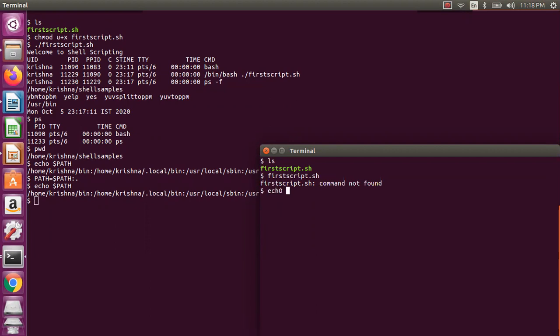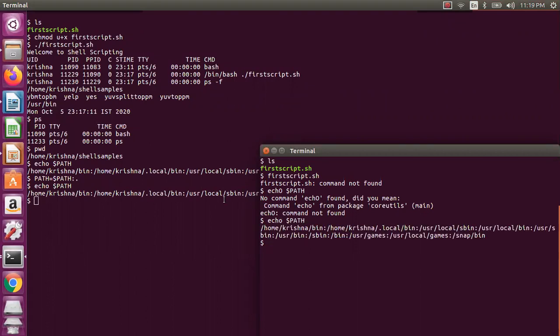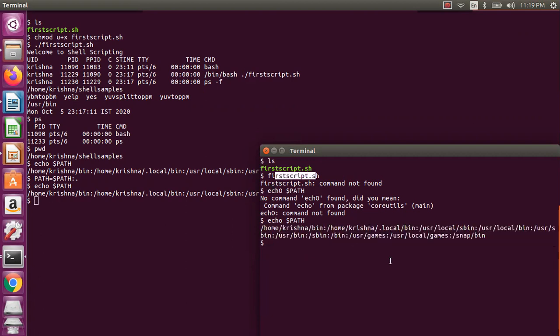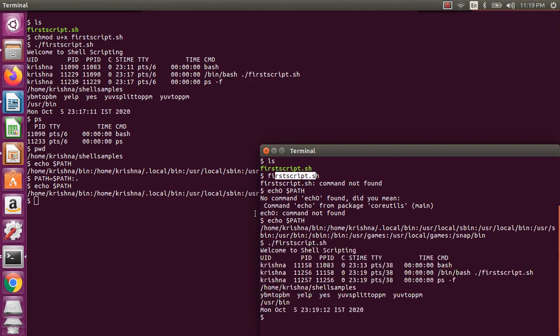It checked the entire $PATH, all these directories, to find first_script.sh, and it is not visible. That's why it says command not found. But if I say ./first_script, what I am telling it is to check in the current directory. With the dot added to the path, it will test the current directory, and that's how it will work.